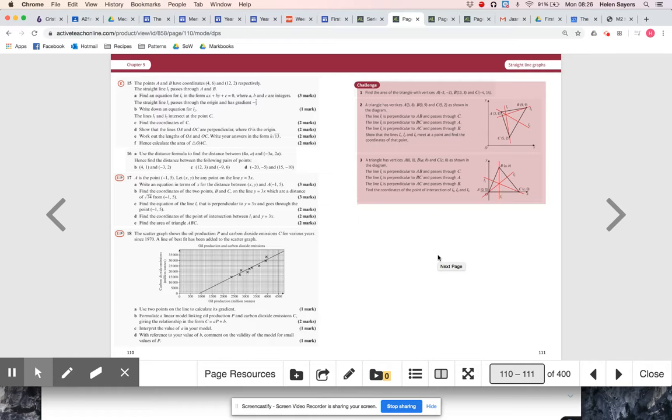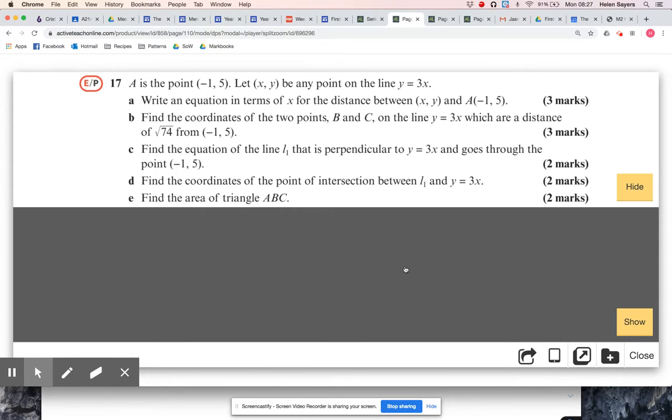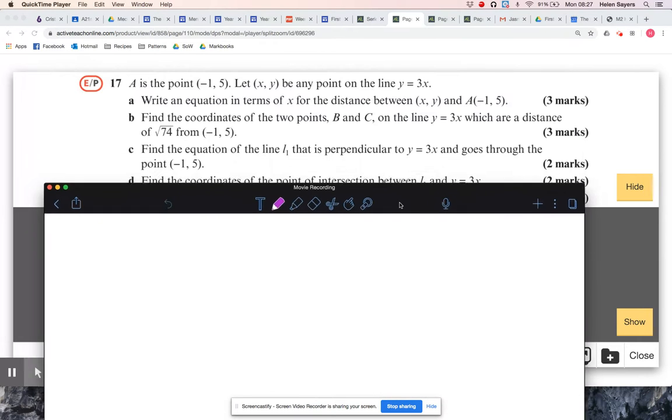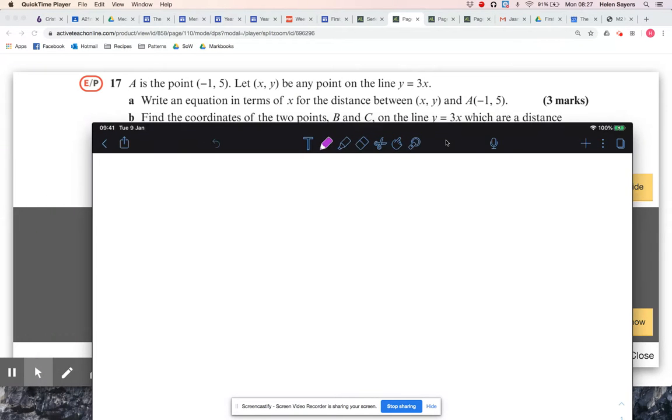Okay, so we're looking at mixed exercise 5 from the first year core textbook, and we're looking at question 17. Okay, so we have the line y equals 3x, so that is going to be a line with a